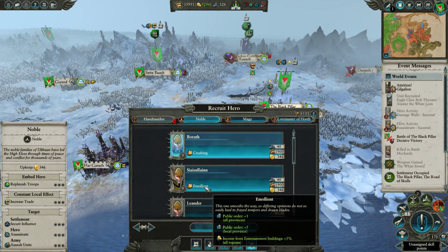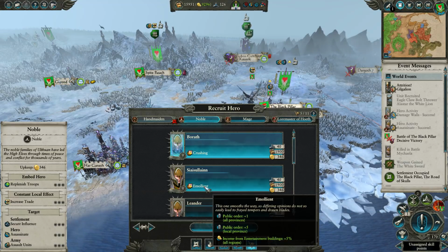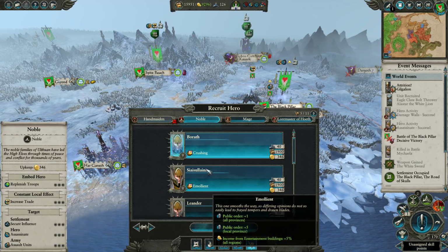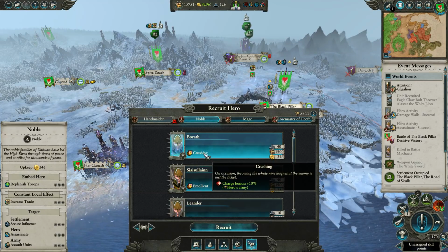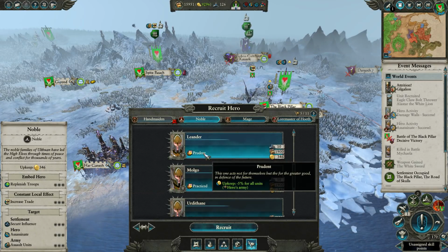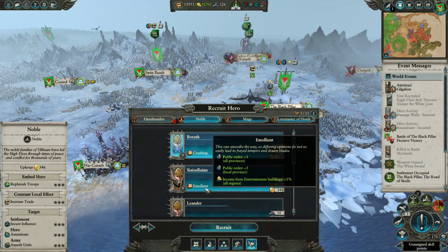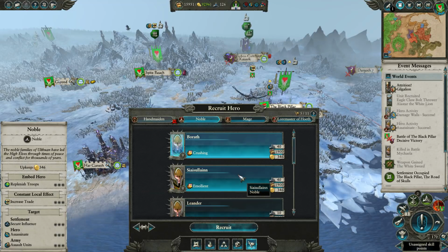We could get emollient. This one smooths the way, so different opinions do not so easily lead to frayed tempers and drawn blades. Well, that sounds... Public order +1 all provinces. That sounds quite good. Crushing 10% charge bonus. I mean, that's all right, isn't it? But prudent -5. I mean, not that upkeep's a major issue. I'm thinking...